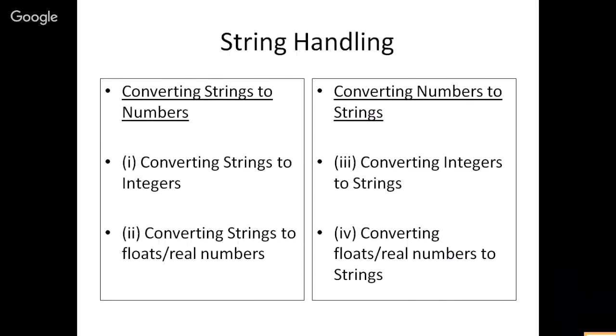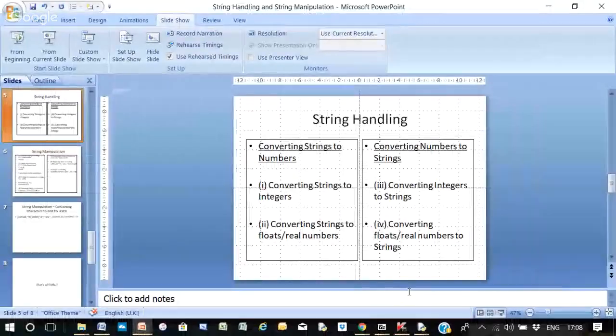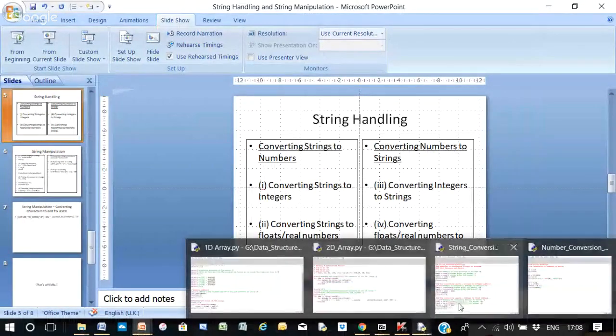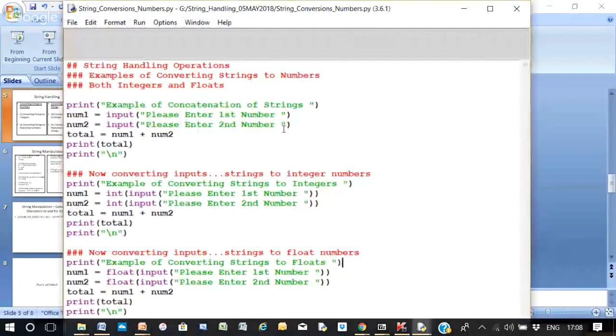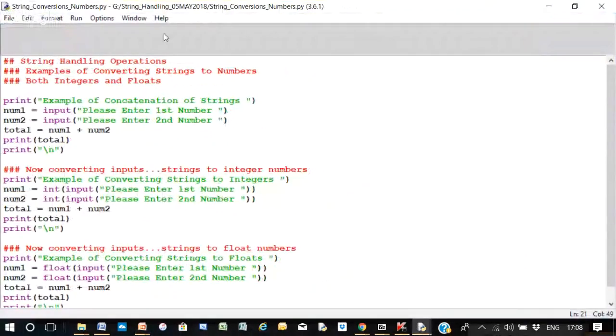So let's look at string handling operations. Now, these concepts that I've spoken about will become more apparent if we look at some string handling operations. You know, the significance of treating something as an integer or a string. Now, I've got some programs here, and I'm going to comment this out here. Now, if I run this,